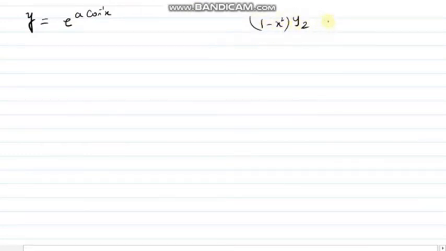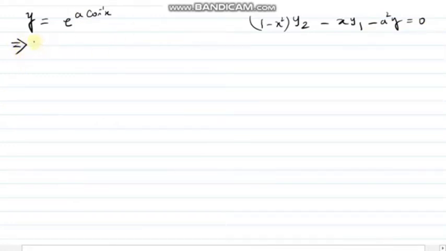Hello everyone, as I said, in this video I am going to discuss some more problems on higher order differentiation. If the sum is given as y equals e to the power a cos inverse x, you have to prove that (1 minus x square) y2, the second order differentiation, minus x y1 minus a square y equals 0. I have already mentioned in the last video, just check the procedure that I am doing, so that the procedure directly will reach the sum.